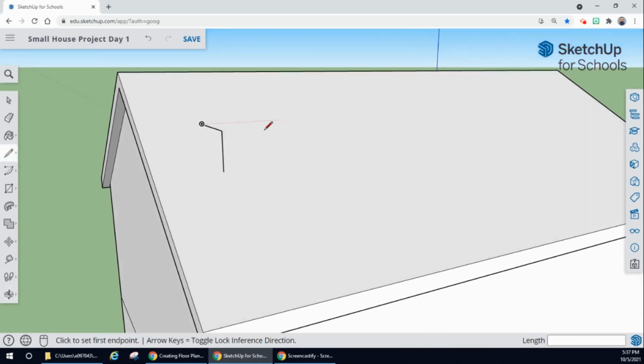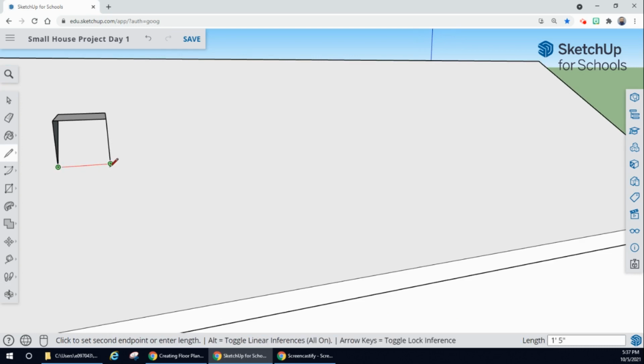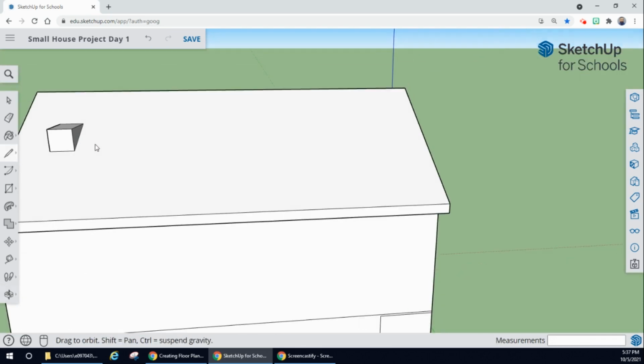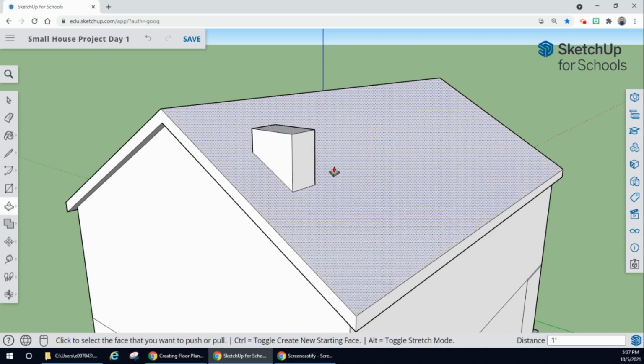Now, once you have it on face, then you're just going to use your guide marks. So on the red axis, we're going to come back down to the blue until it clicks onto face, and then we're going to draw it back onto this axis. Now what you have to do is you just have to connect your pieces on all four sides. And then once you have all four sides drawn, then we can come back over here and we have some choices, right? We can push it up or pull it up,